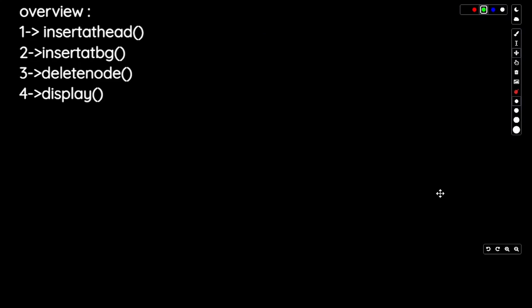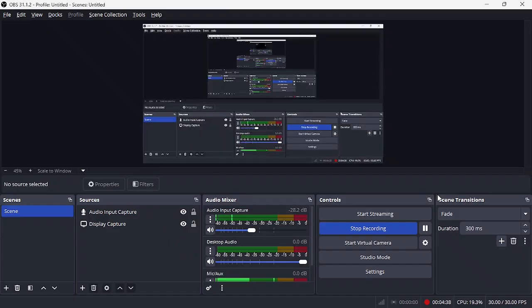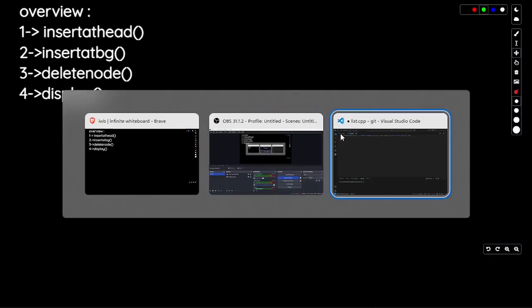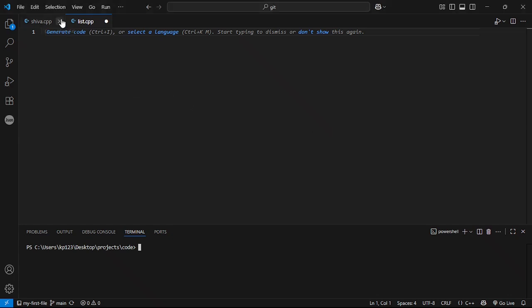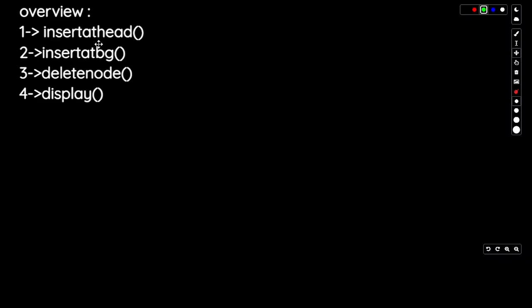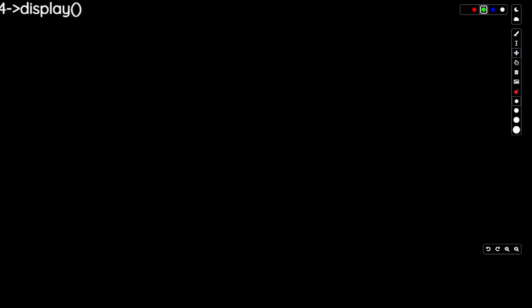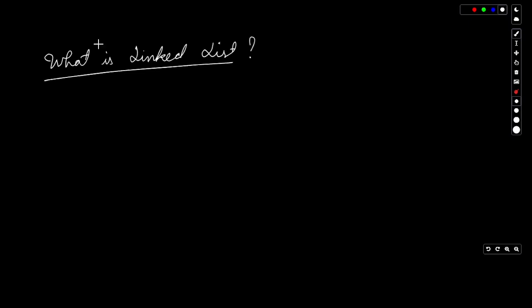The thing which we need to understand first is, what is a linked list?